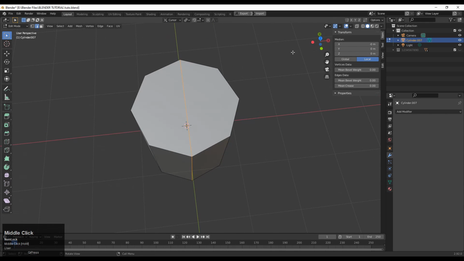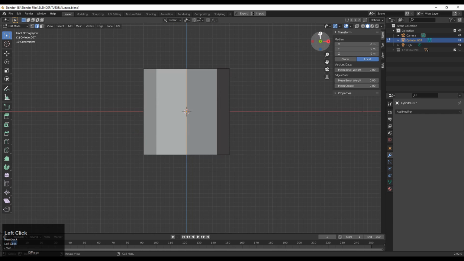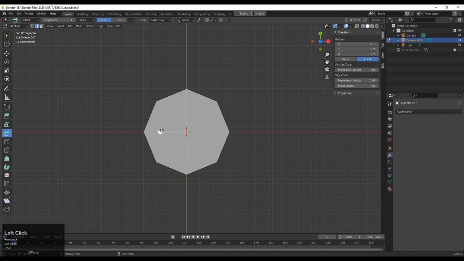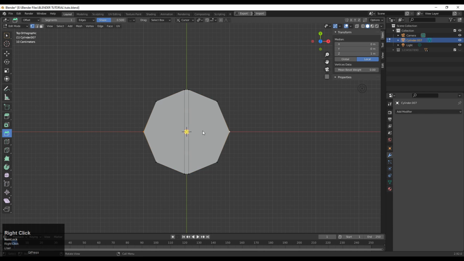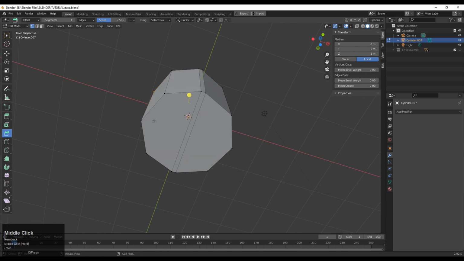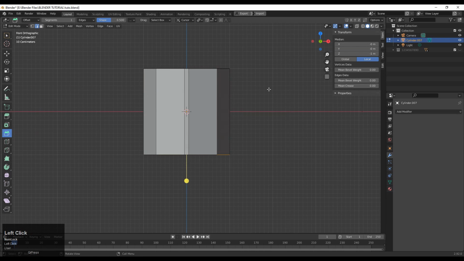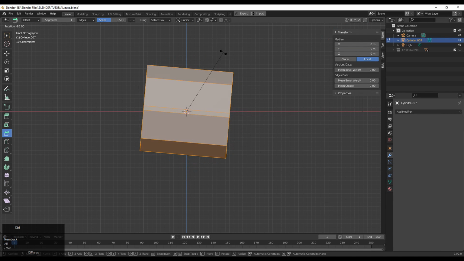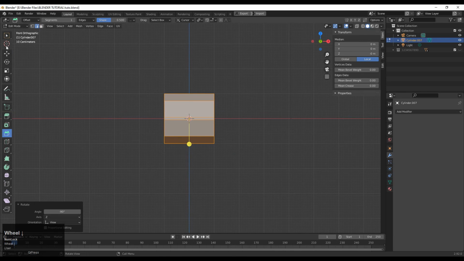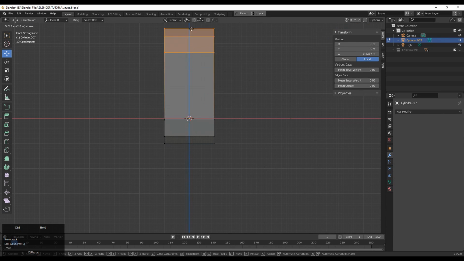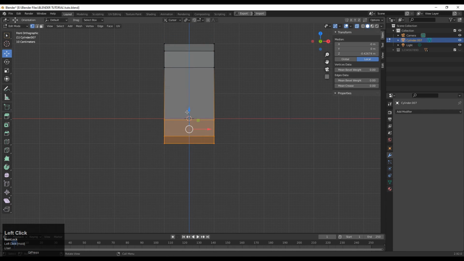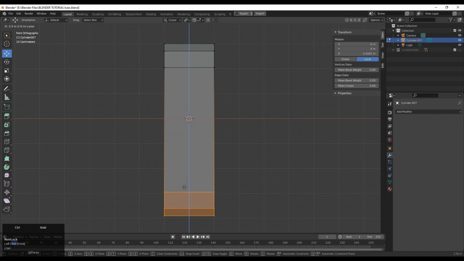Because we want to add a bevel on this edge, that's why we need to connect the vertices like this. Then add a bevel on this edge, so you can use the bevel tool and give the proper width there. Then you need to select these vertices and then right click and then connect vertex path. Simple. Then you need to rotate this by 90 degrees, so just rotate it by 90 degrees, and now you can turn on X-ray mode and then select these vertices and move them along the Y-axis. So just a simple step.